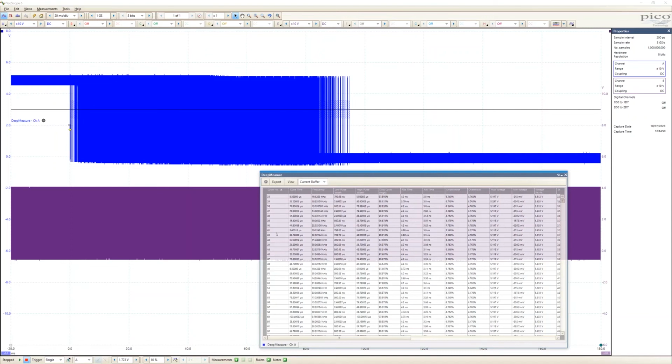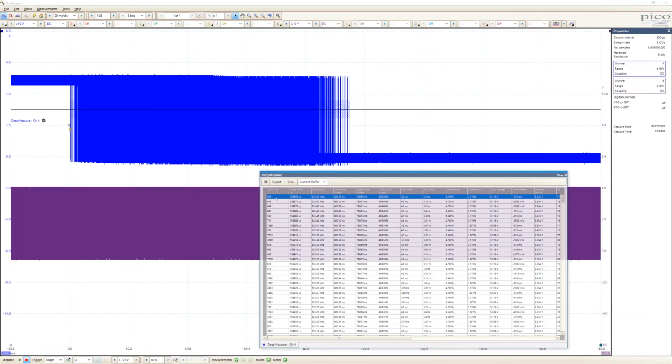Now we can list them numerically in the order with which those pulses occurred, but we might be interested in seeing what was the fastest cycle time out of all of those 8,000 odd pulses. So if I sort by cycle time, I can see that the fastest pulse in all of those 8,000 odd pulses occurred at pulse number 816.